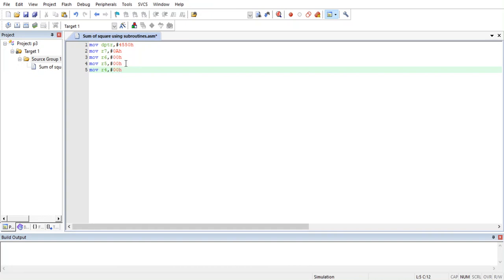So r6 is for the lowest byte, and r5 is for the higher byte, lower byte and higher byte, and r4 is for keeping the carries out of the sum, which means it becomes the third byte of our result, right?